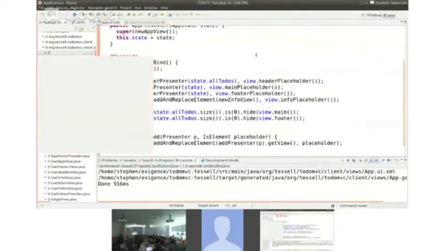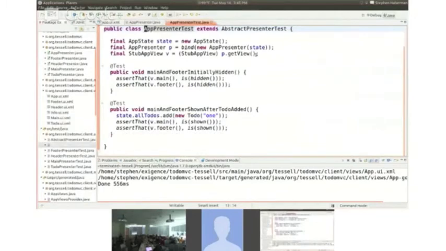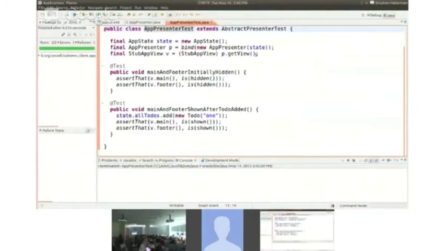has an app presenter test, which looks like this. I'll go ahead and run it. And it runs nice and quick, 0.25 seconds, which makes the new presenter. I've got this app state notion, which I don't usually do, that kind of has all of the to-dos. And you'll notice that when we get the view from the presenter, we cast it to the stub app view. And the stub app view, if we go look at it, was also generated for us